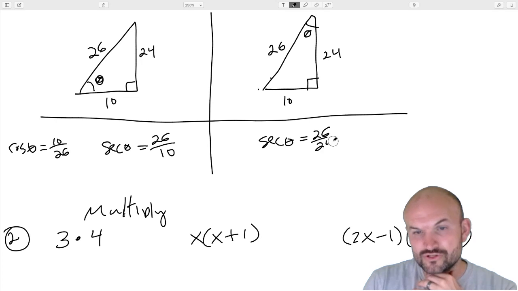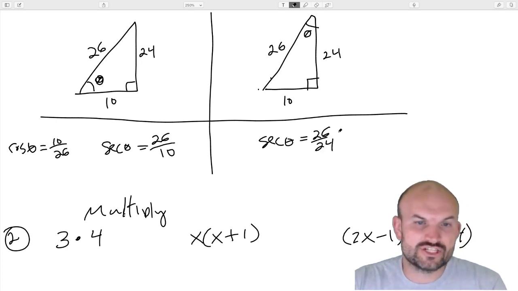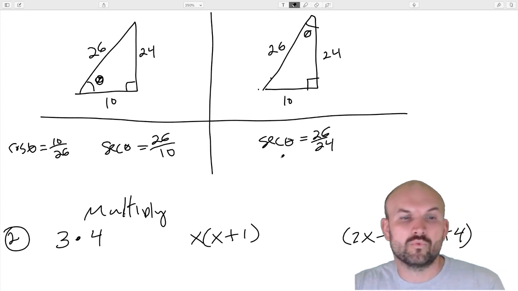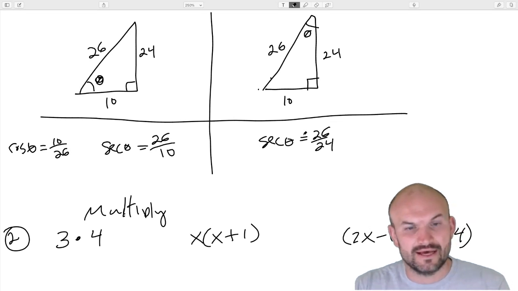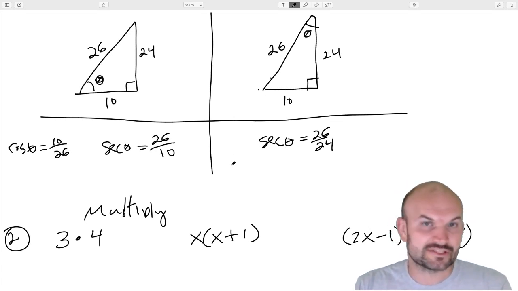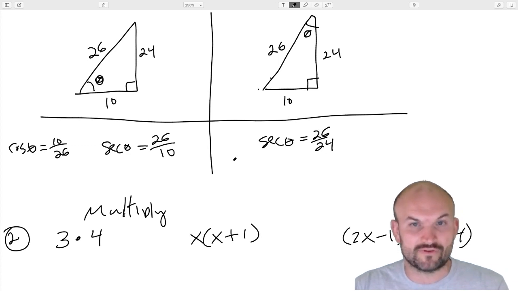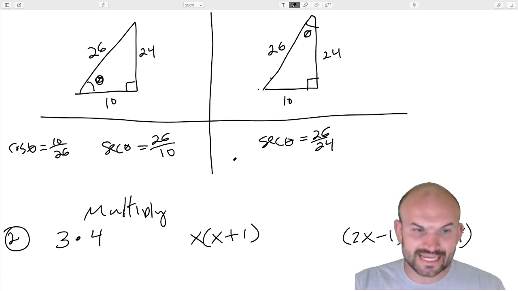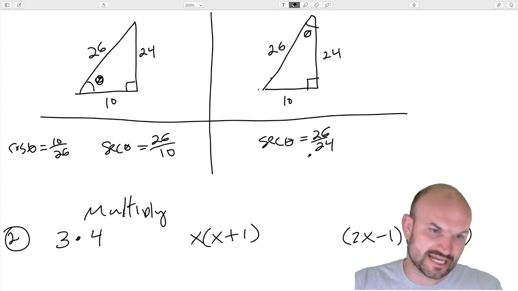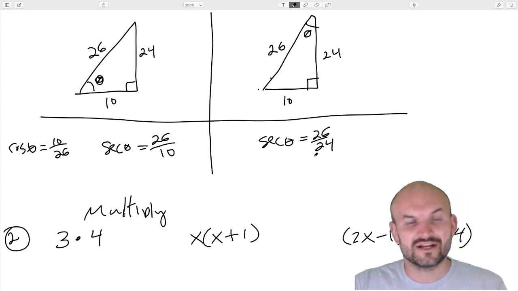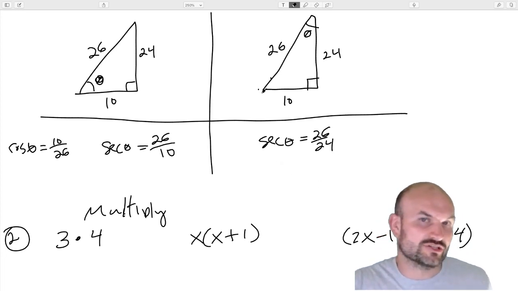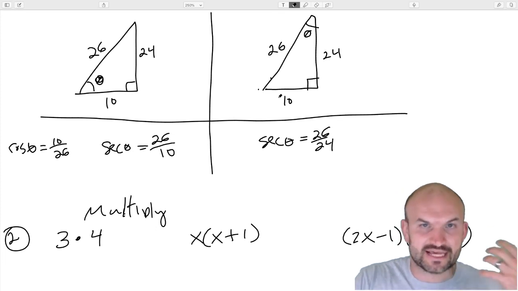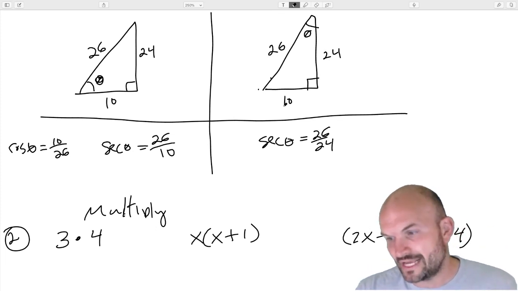So to answer the student's question, I don't really know which triangle is there. Therefore I can't tell them what their answer should have been, but I can say, based on where your theta is, these are your two possible answers. And I think this is really important for everybody to take away: your trigonometric ratios, sine, cosine, tangent, cotangent, cosecant, and secant, depend on the angle. They are a comparison of sides of a triangle based on where that angle is in the triangle, because you have to understand the hypotenuse, the adjacent, and the opposite side from that angle of the triangle.